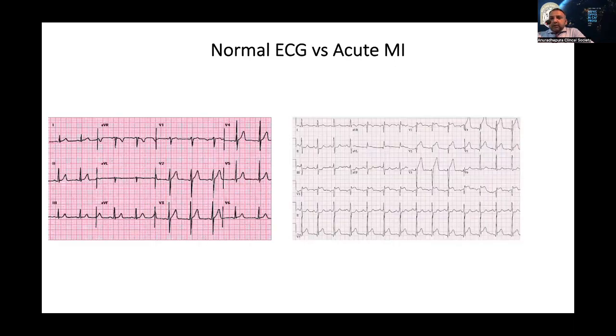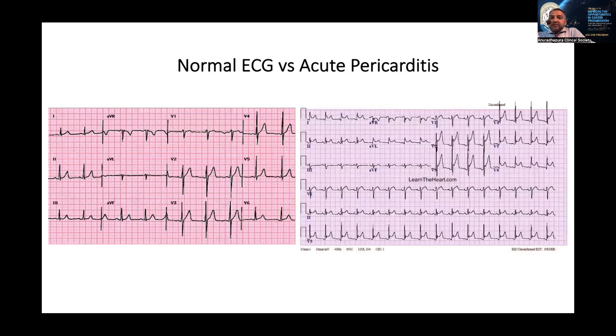So just to show the difference between these ECGs, on the right side you can see the typical ST elevation ECG of STEMI cases, right? You can see anterior STEMI with some reciprocal ST segment depressions in the reciprocal leads. And you can see the normal ECG and acute pericarditis. Now you can see the difference, right? This is the previous one. You can see the STEMI ECG, and this is the acute pericarditis ECG, right?